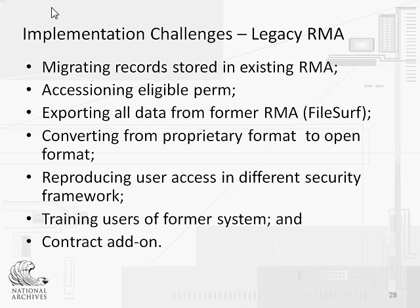Another big implementation challenge we had was migrating our legacy RMA. Our legacy RMA had a lot of permanent records in it because we had the archivist and the deputy archivist using it. So before we migrated those records, we pre-accessioned the eligible permanent records into the National Archives. To do that, we had to convert a lot of that information from a proprietary format to an open format. What was left, we had to export again